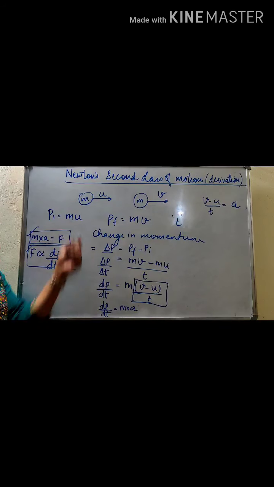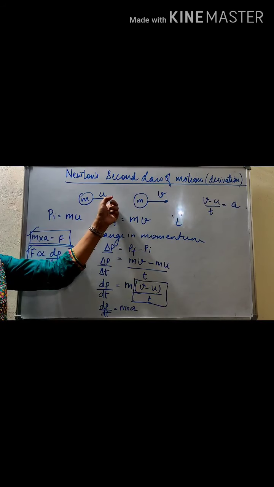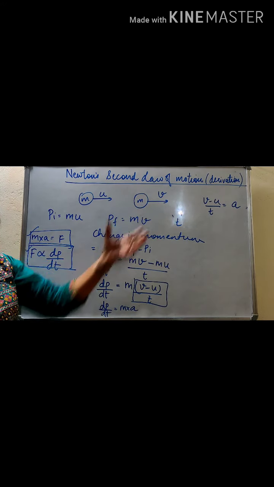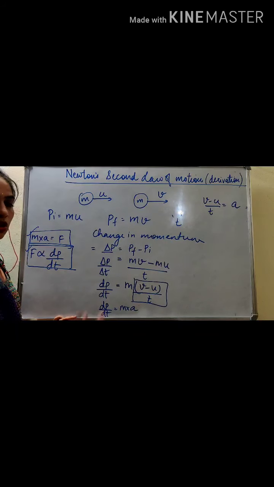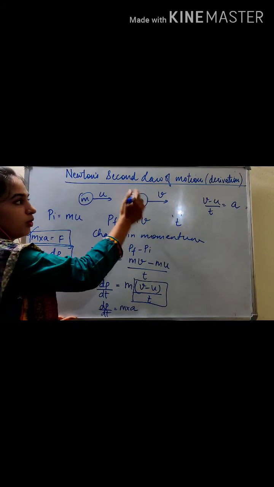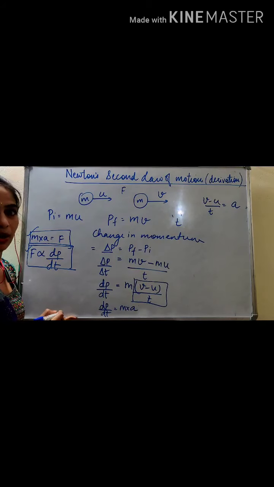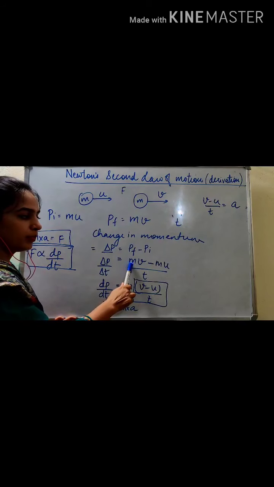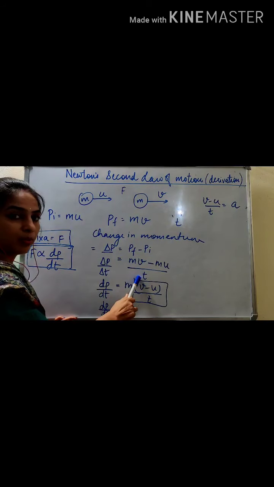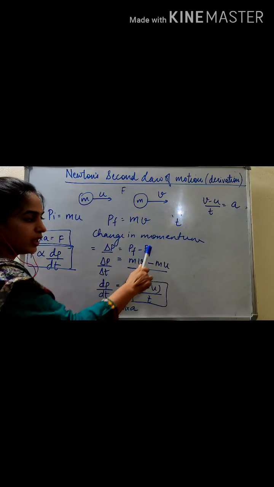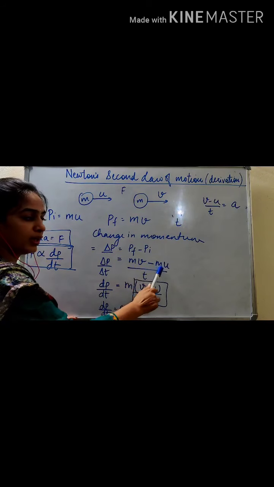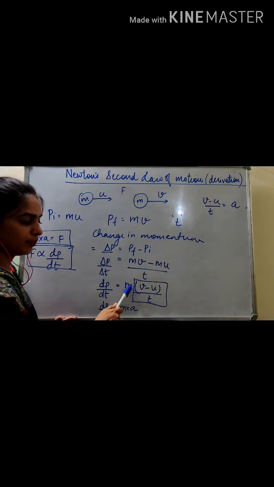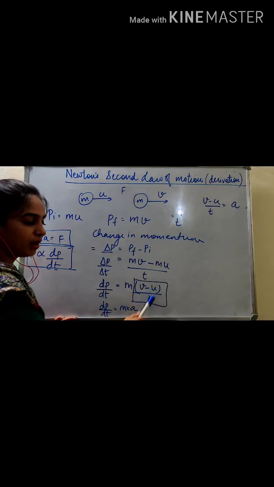Let's do a quick recap. A body having mass m was moving with velocity u and its velocity changed to v. How will that velocity change? According to Newton's first law, to bring about a change in the velocity of a body, an external unbalanced force is required. So that we are proving over here. What is the rate of change of momentum? Final momentum minus initial momentum upon time. Final momentum is mv, initial momentum is mu. Taking m common, we write (v minus u) by t.